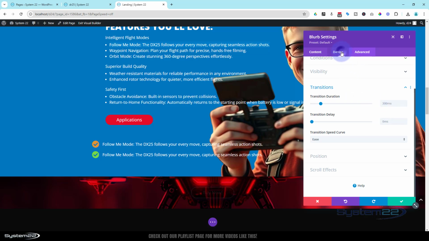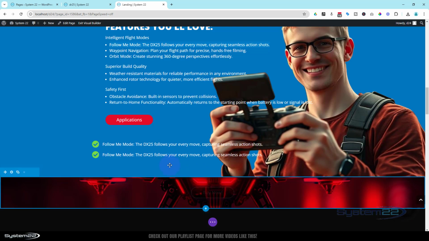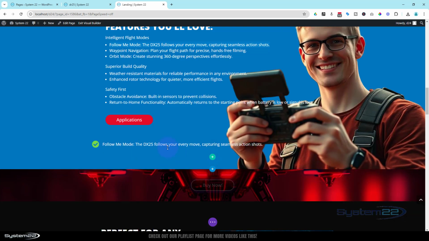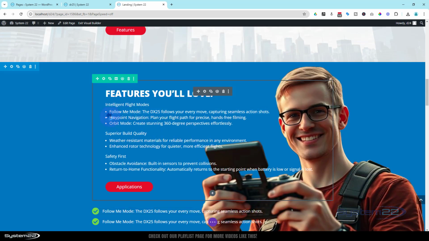Let's just go back to our design, image and icon. I'm going to flip it back to desktop mode so it's green. Great. So we've got everything working the way we want it on that particular one. Let's just save our changes here. We can delete that one below that we put in there. Now that we've got all the correct spacing and the hover effect in our one here, we can just clone it. We can take our next line,